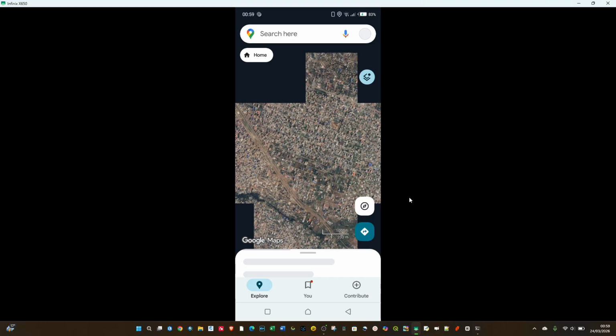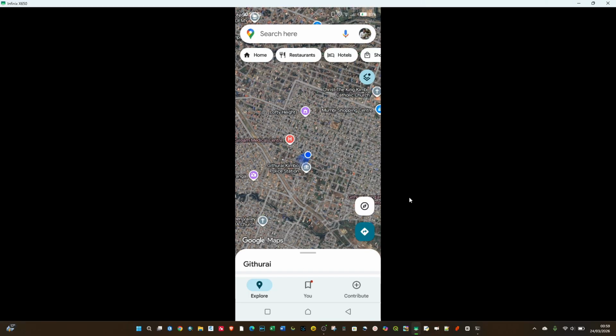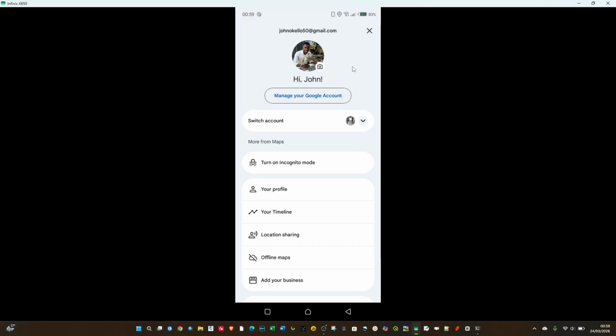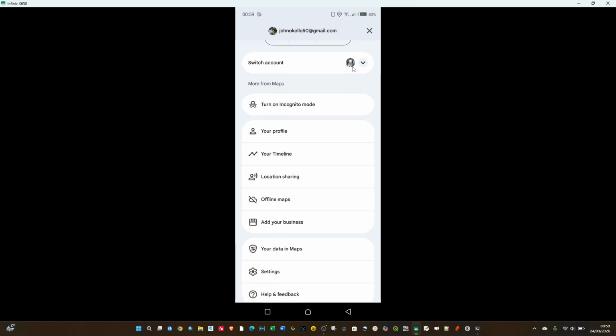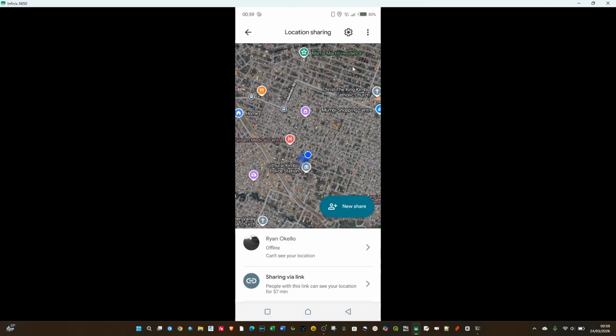and it's going to load Google Map, and probably it's going to indicate your current location. And up above here on the top right corner, click on that profile picture. And then scroll down a little bit until you see location sharing. You click on that. And you'll be able to see this share new icon. You click on this share new icon, tap on it,